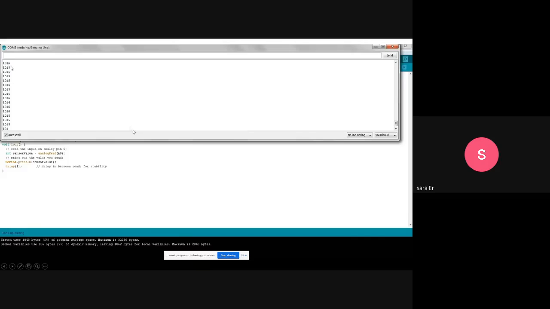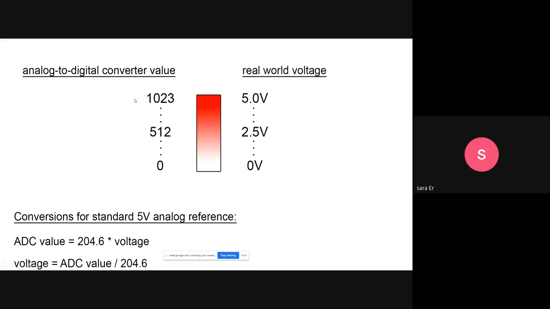But here we want to find out the meaning of these numbers. They are from 0 to 1023. The real world is analog, but it is possible to read it by using an analog to digital converter. The real world voltage values are from 0 to 5.